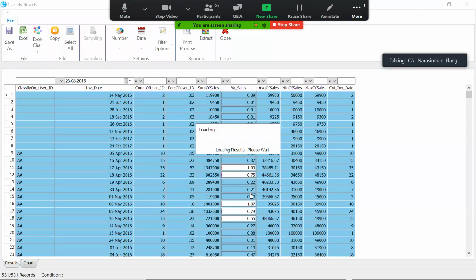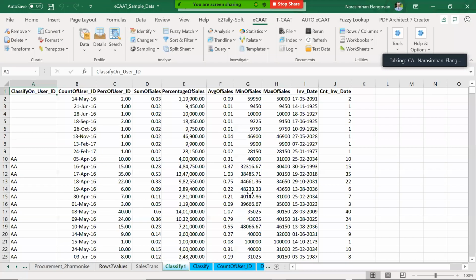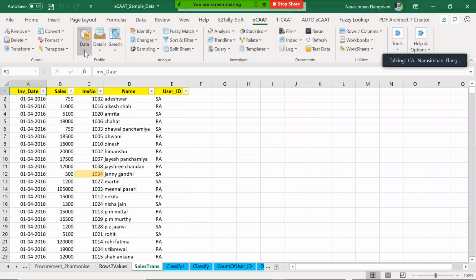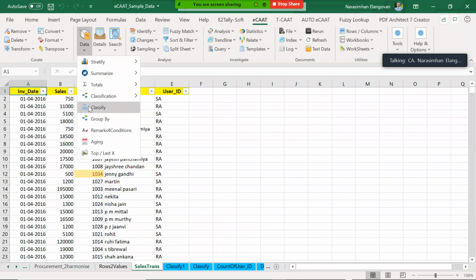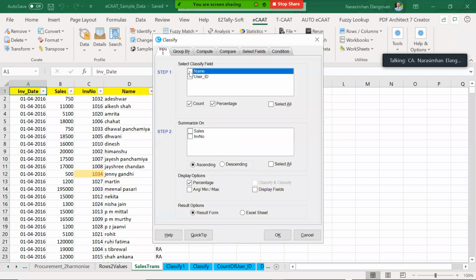See, this tool is in such a simple and lucid manner. I think we have to just keep on doing a lot of trial and errors. We will invariably learn what it is. Okay. So somebody was asking, can I try classify based on other tabs? Let's do that as well. So I'm choosing classify. Classify based on user ID is something which we are clear about. Because if I do name classification, too many line items will appear. So that is something which we have understood.